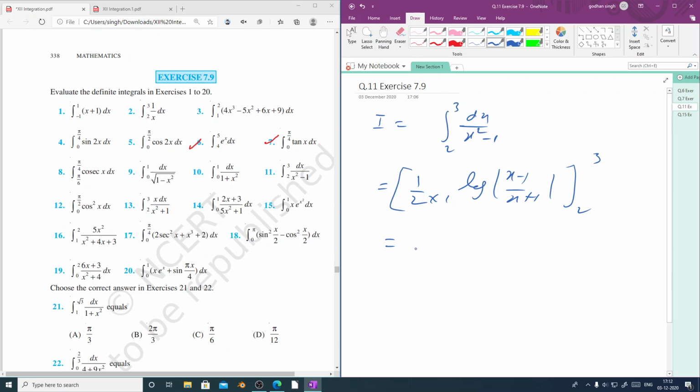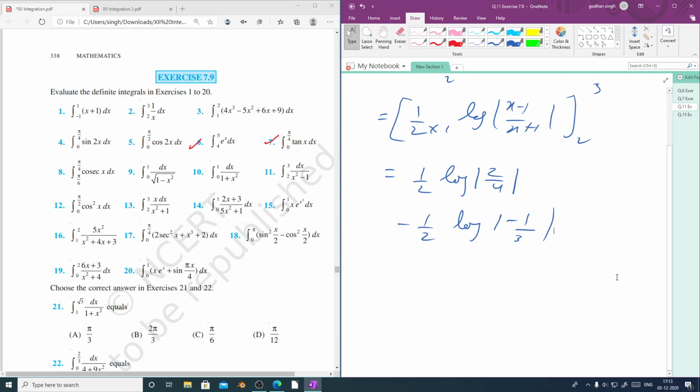So equal to, putting the upper limit, we will be getting 1 by 2 log 3 minus 1 over 3 plus 1, that is 3 minus 1 is 2, and 3 plus 1 is 4. Then minus half log, putting the value of 2, 2 minus 1 is 1, and 2 plus 1 is 3. So equal to half, you can take common from both. So here we will be getting log 2 by 4, that is log 1 by 2, and minus, this mod is there, so it will become log 1 by 3,